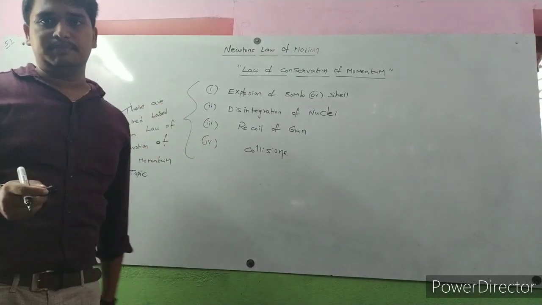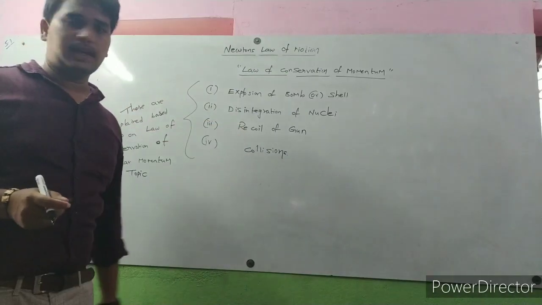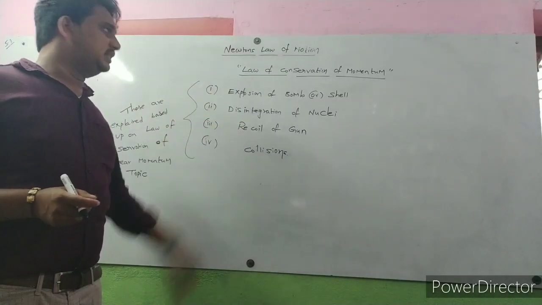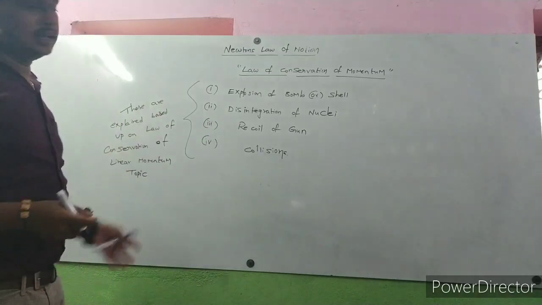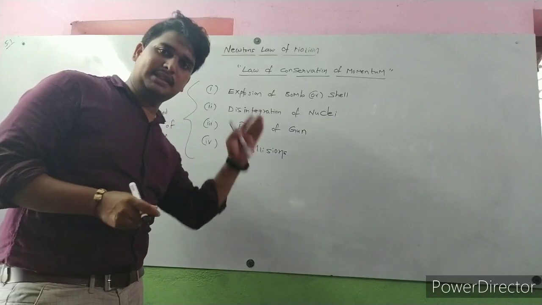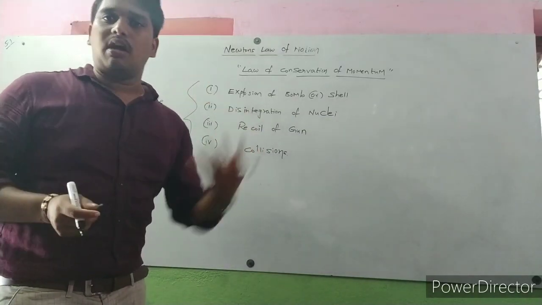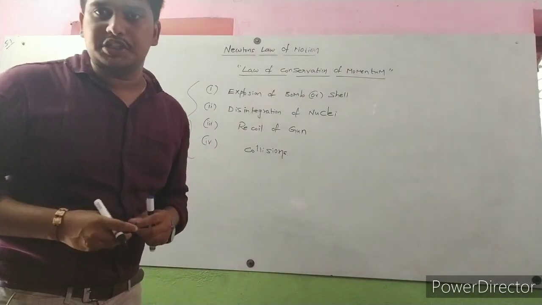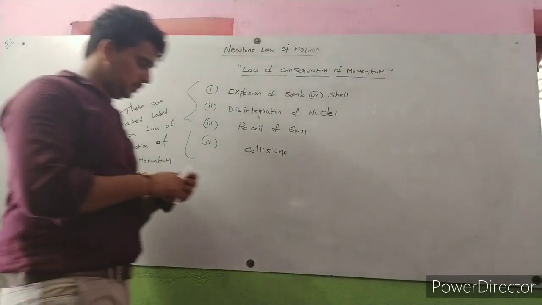Please observe carefully. First, I'll start with recoil of gun. Next, I'll discuss disintegration of nuclei, explosion of bomb, and collisions. These concepts are explained, and problems are asked based upon these four concepts only. So these are solved mainly by using law of conservation of linear momentum. Right. So now,